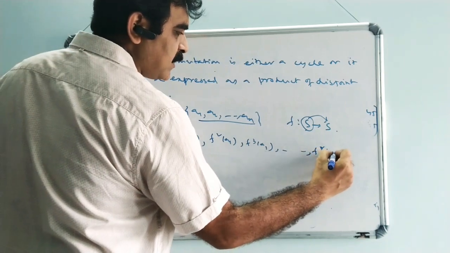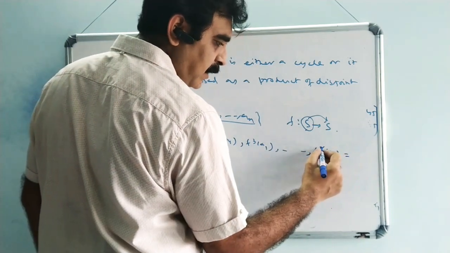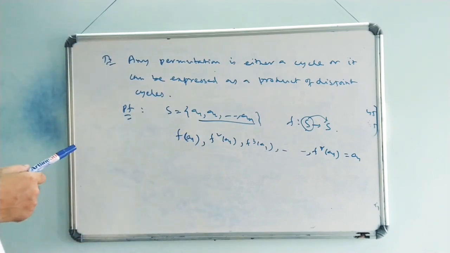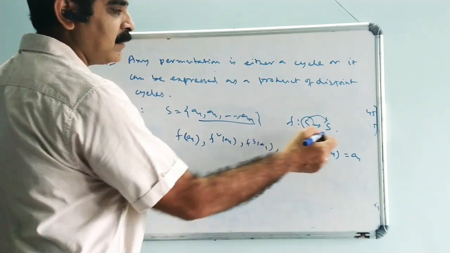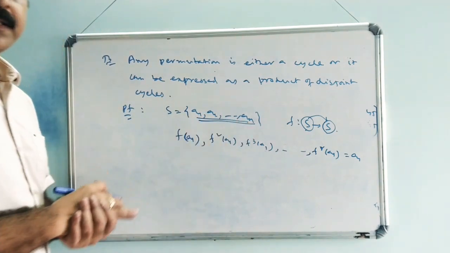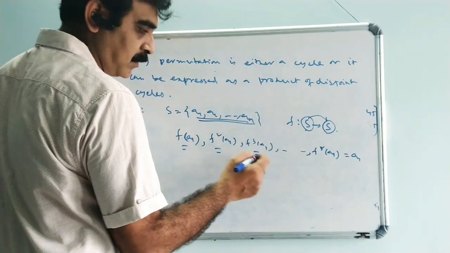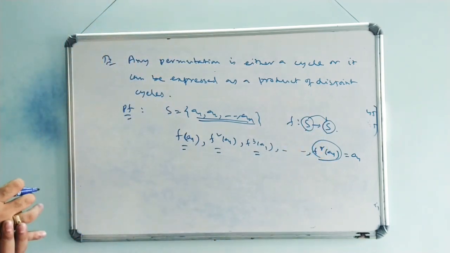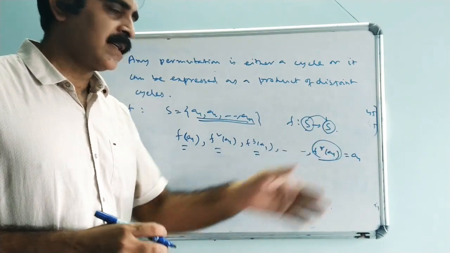Therefore, we must get a positive integer r such that F^r(A1) equals A1. It will repeat again. Otherwise, if all the elements are distinct, then S, having all these elements, becomes an infinite set. That is not true, since S is finite. Therefore, if we calculate F(A1), F²(A1), F³(A1), and so on, the images of A1 with respect to these mappings must repeat after some finite steps.